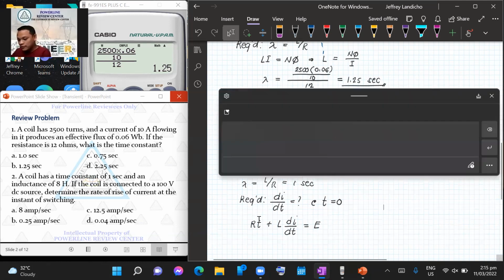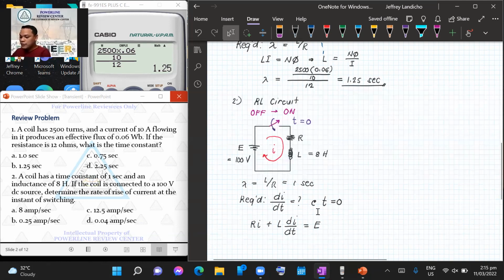Hinahanap natin, ayun, no? di over dt. So, balikan natin at time equal to 0. Alam natin, at time equal to 0, ano ang behavior natin? The behavior that inductor at DC, inductor is open, capacitor is what? Shorted. So, ibig sabihin, dyan sa ating circuit, at time equal to 0, virtually open yung ating inductance. Virtually open. So therefore, at time equal to 0, kapag sinukat natin yung voltage drop dyan,